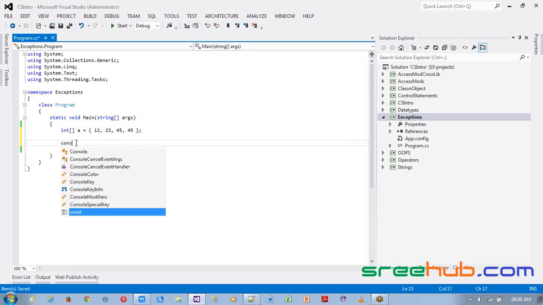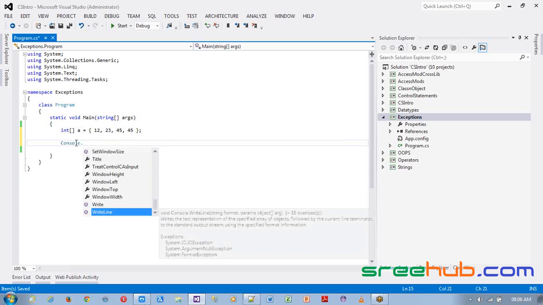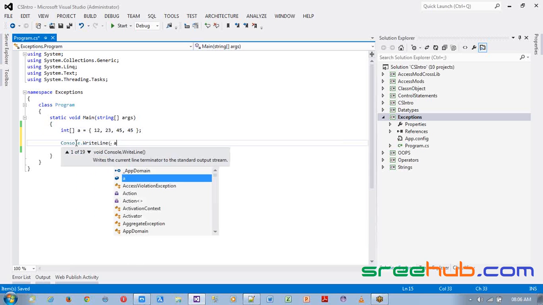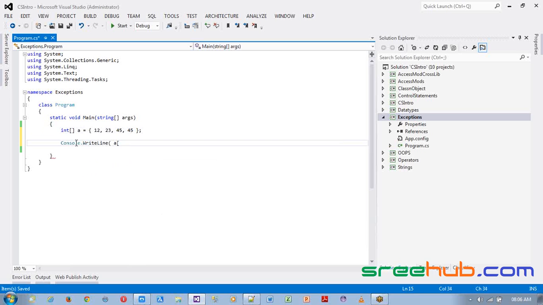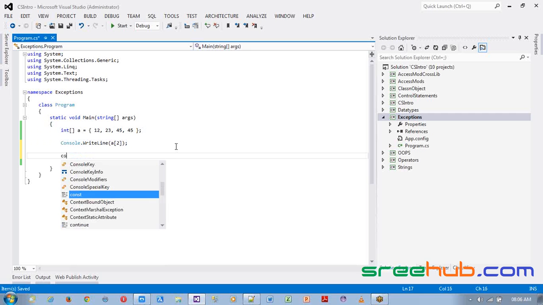Right? Normally, if I want to retrieve any data, how can I do that? I can access the array variable and provide the index of the position for the value I am looking for. Let's say I am looking for the third value. What does it mean? The third value will be at index 2, right? Because the index starts from 0. So now let's